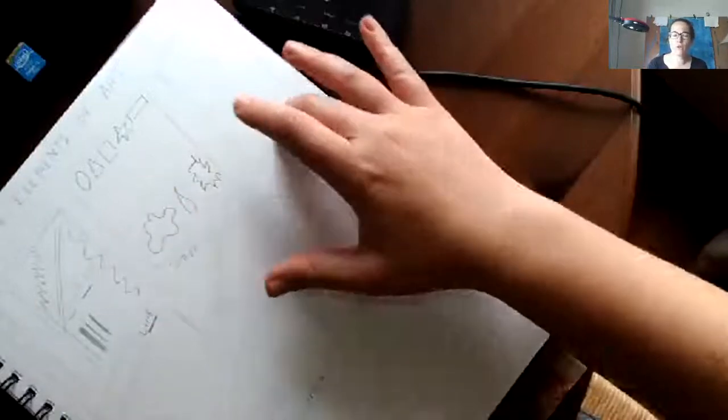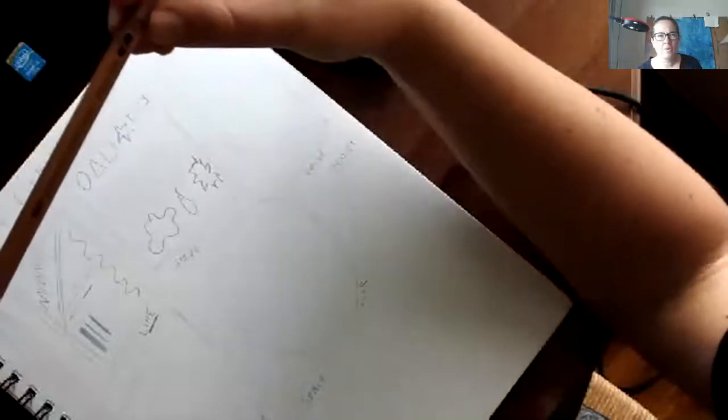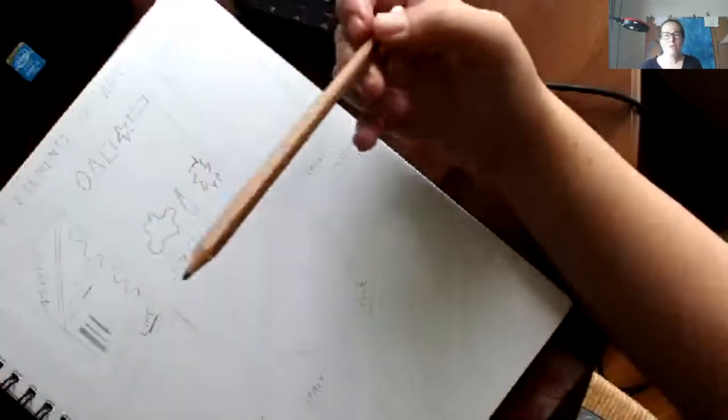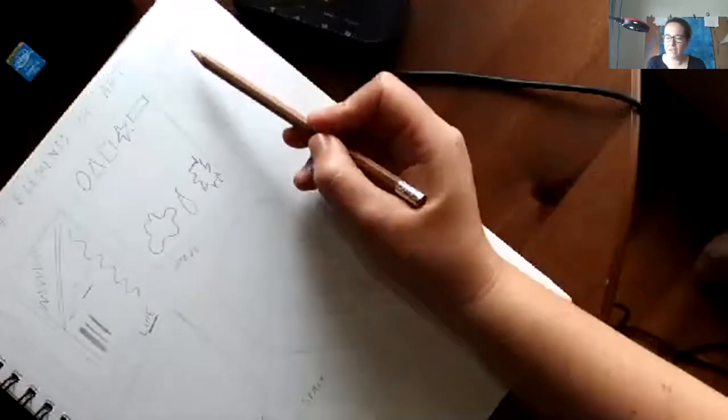So the next one we're going to go to is value. And when he talks about value on this video, he says there's different types of pencils. If you notice on my pencil right here, it says 2HB. It's okay if you just have one type of pencil. What I really want you to think about is creating that light to dark. So one thing he talks about is